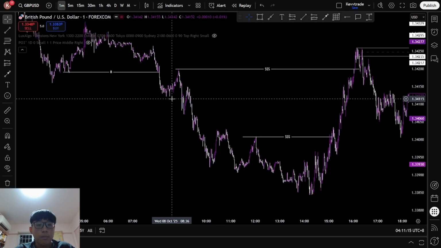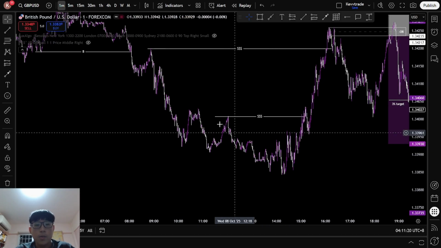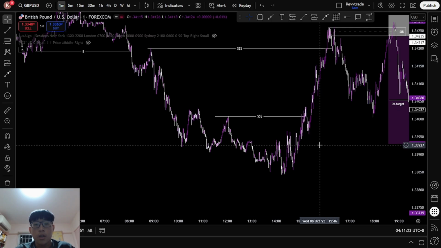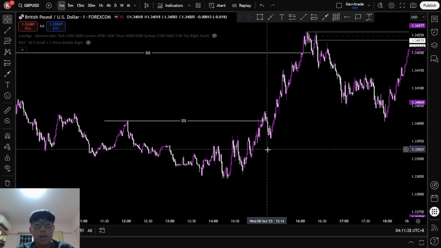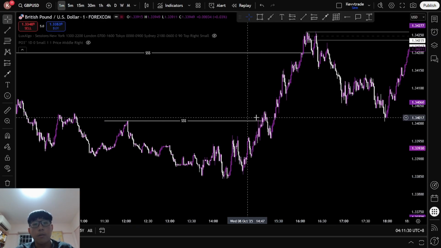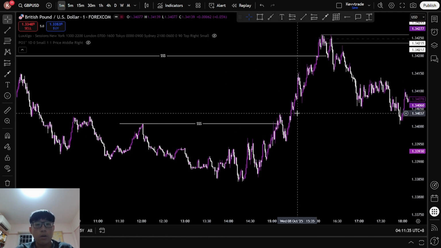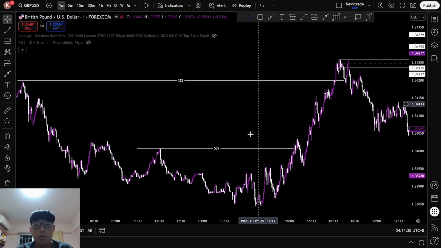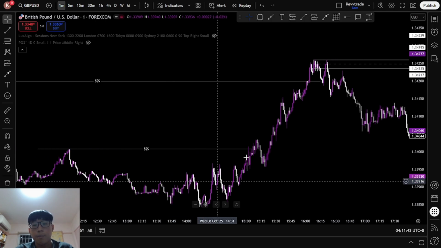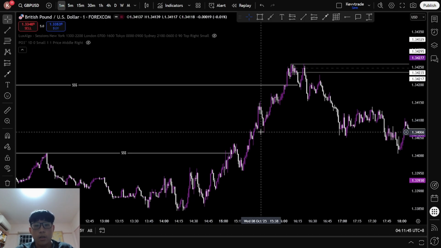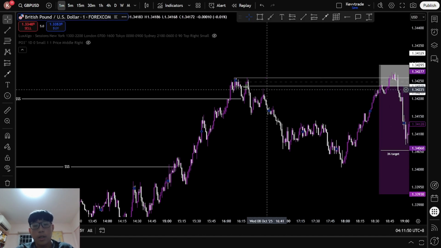After breaking structure, price retraced all the way to this point, right? And that's why I marked 2 external liquidity points. At first, I initially thought this was going to be my area to find the OB. But after breaking the structure here, I was searching on the 1 minute for an OB, but price just continued rising and rising until it swept this area right here. And I was certain that an order block was going to be created here, right? And I was right. A clear order block was given to me over here,